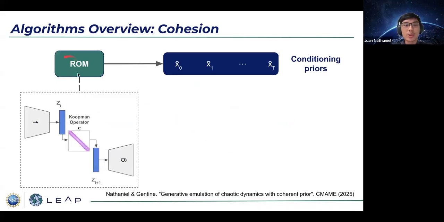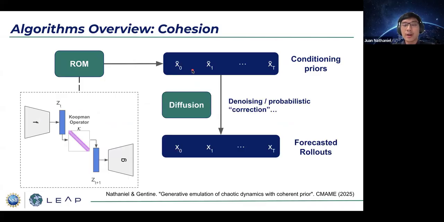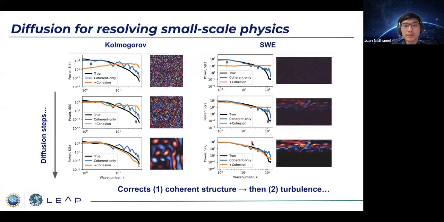With this reduced order model, we can generate a bunch of coherent, reduced order flow. And then using diffusion, we can do the correction to give us the final product. So this is the general idea. We are showing in our work two use cases, Kolmogorov flow and shallow water equations. What we found is that the diffusion process is fixing